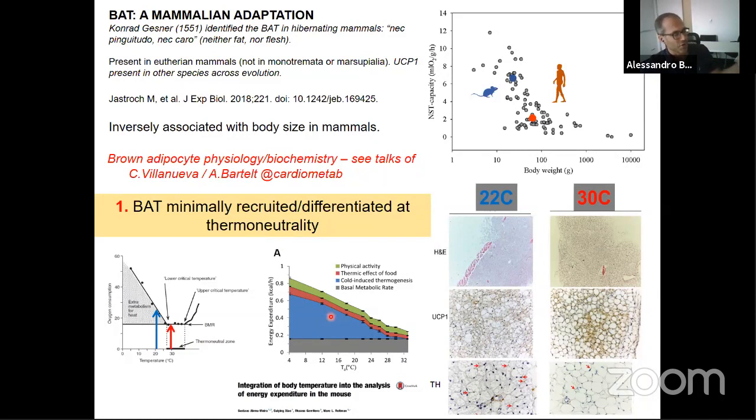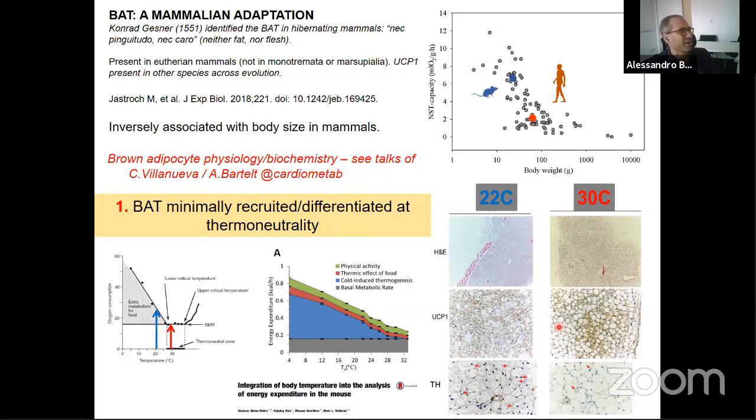The organ producing that is mostly brown adipose tissue, in cold adaptive thermogenesis, although obviously the skeletal muscle and other organs clearly play a role. This is very important, and if you look morphologically, it is reflected in the morphology. The brown adipose tissue at thermoneutrality, this is evidence from a mouse, is completely different. The adipocytes look much like white adipocytes, with a single lipid droplet and very little UCP1. And very importantly, something that people often forget, there is much less sympathetic innervation in these conditions, highlighted here with these red arrows. This is tyrosine hydroxylase staining.